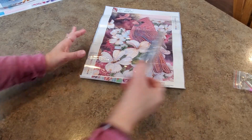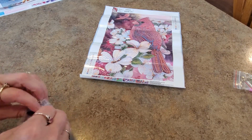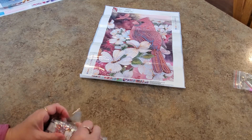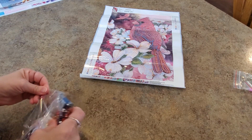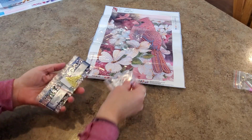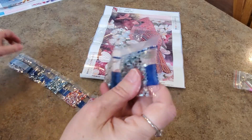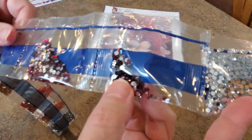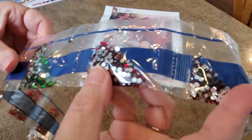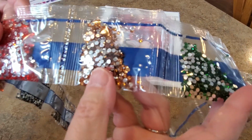I don't know if they're magnolia flowers or what they are, but it's gorgeous. 14 different shapes and stones and rhinestones. Let's see what we get with it. Love this one. There's a loose bag and a loose bag, and here's our strip. Okay, so these are our rhinestones. We have a clear or silver, ruby dark red, another red, a green, a gold,